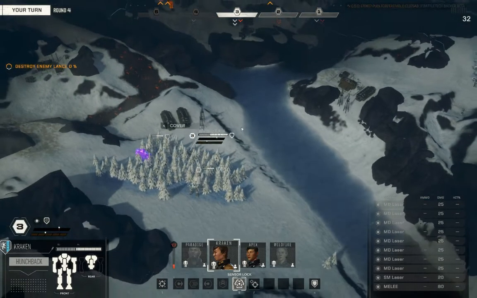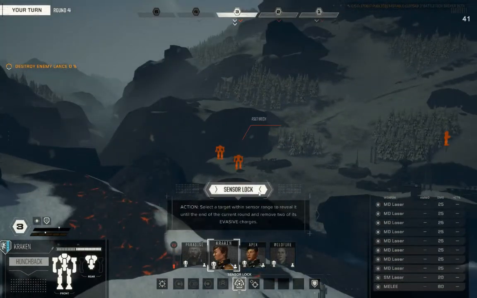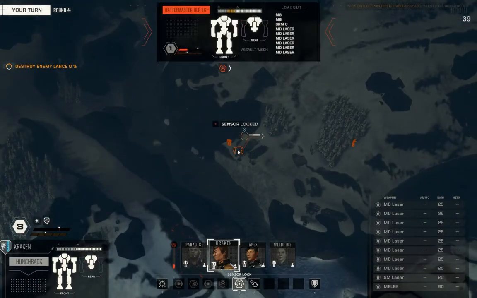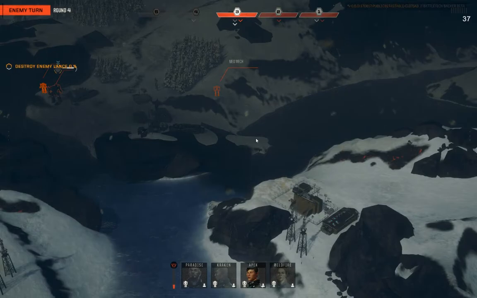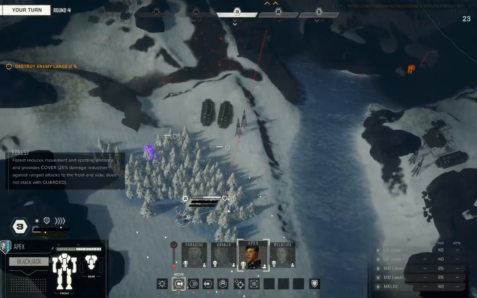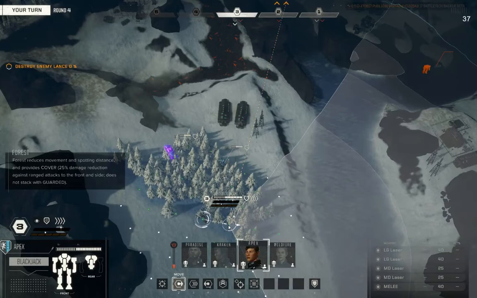As we're going to throw a sensor lock on, let's just say, this guy. Oh, hey, it's an assault mech. That means it's either an Orion or a Battlemaster. Battlemaster it is. Let's see, that would be the enemy Hunchback 4G Commander. And now, Apex, with Kraken's help, has the...